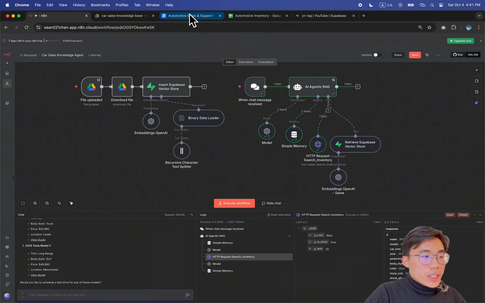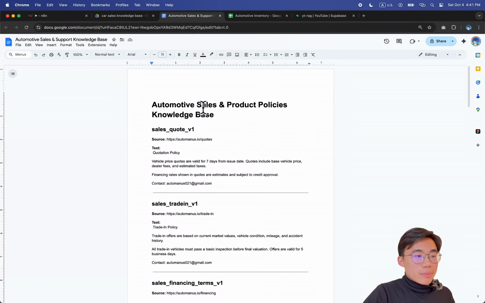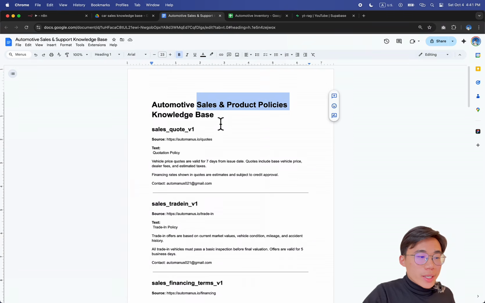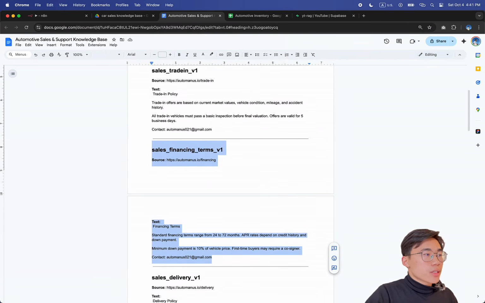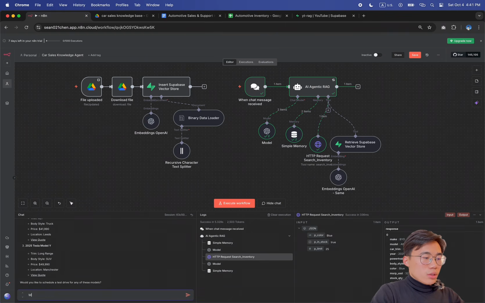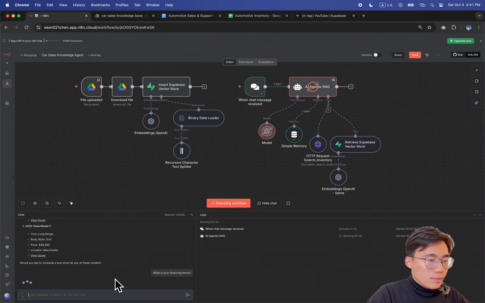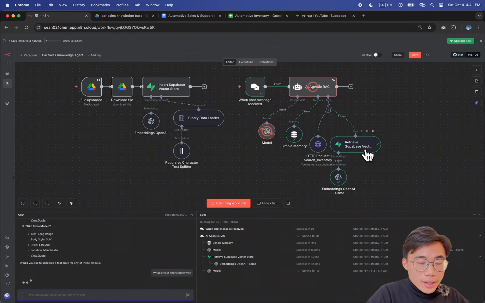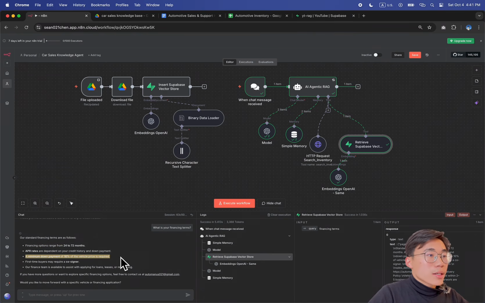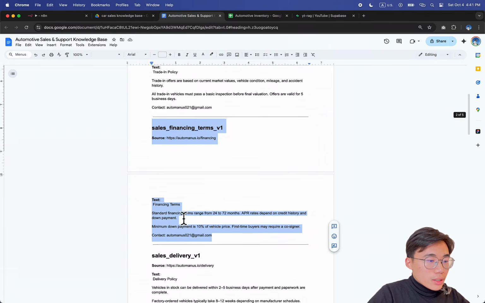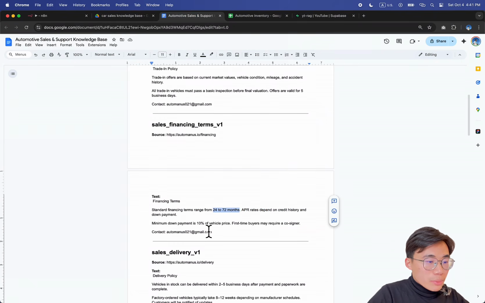And also we have a documentation basically that includes all the sales and product policies related to this entire knowledge base. For example, we have some sales terms for financing, okay? Let's just ask the question and see if it's accurate. What are your financing terms? So now you see that the Supabase vector store was spinning, okay? And then it fetched the data for me. It says financing options range from 24 to 72 months, right? The minimum down payment is 10%. If I refer back to the document, yeah, that's exactly right, 24 to 72 months and 10% for down payment